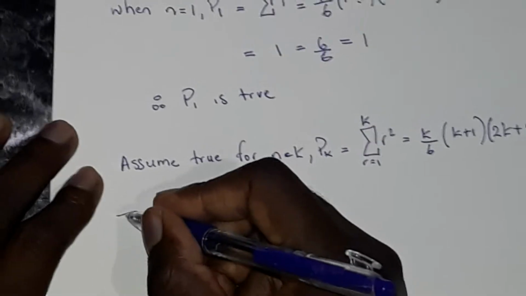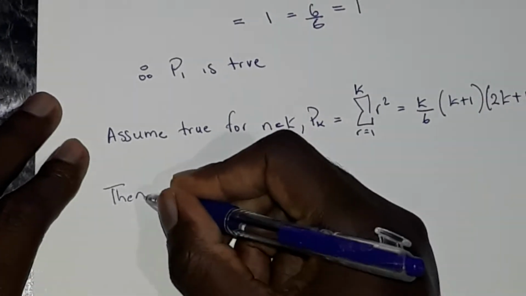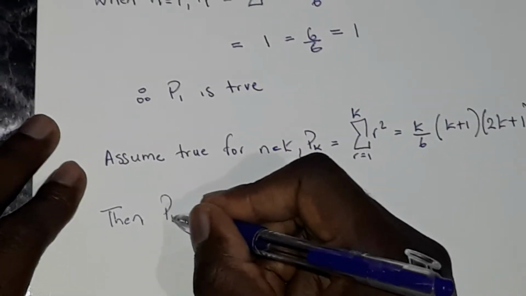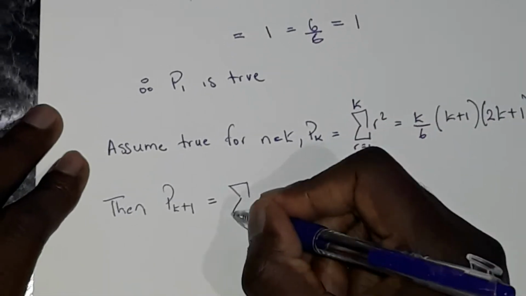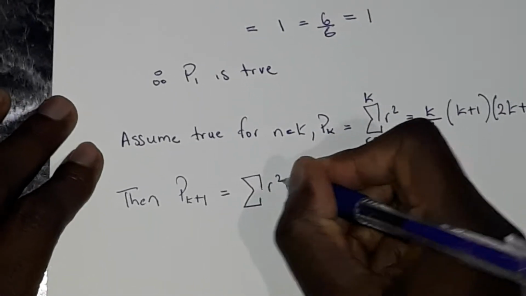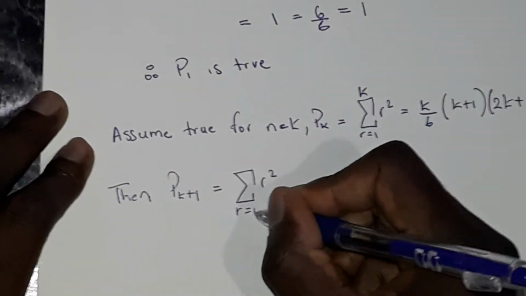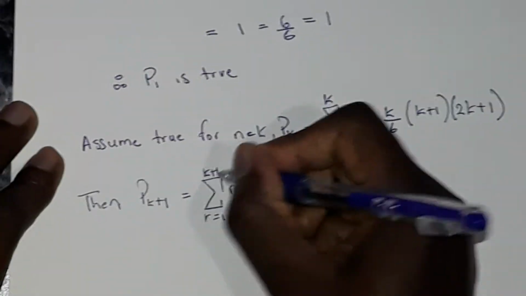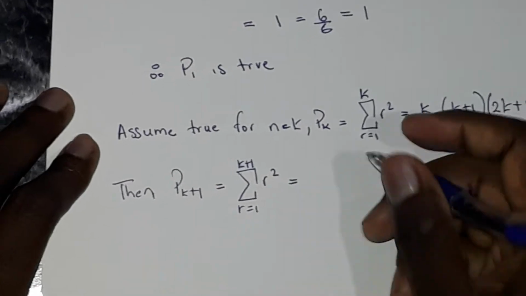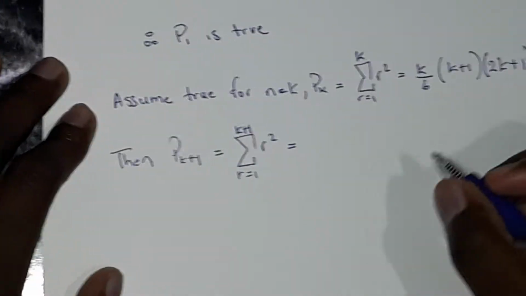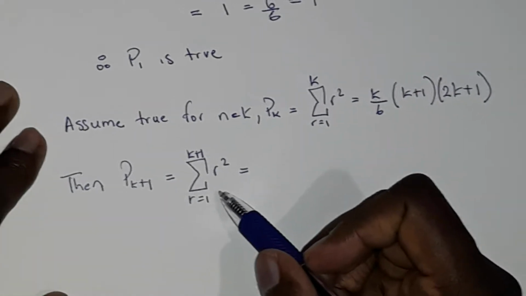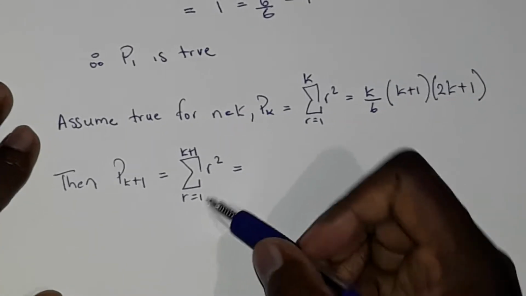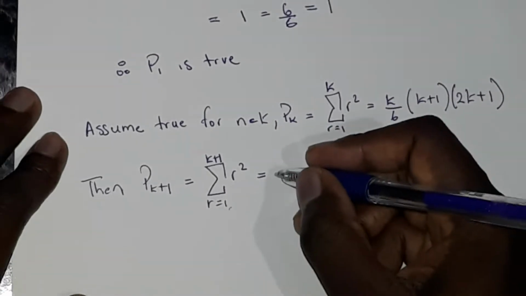So then P of k plus 1 would be equal to the sum of integers from r equal 1 to k plus 1, which would be equal to, what you're gonna do now is let n equal k plus 1, equal to